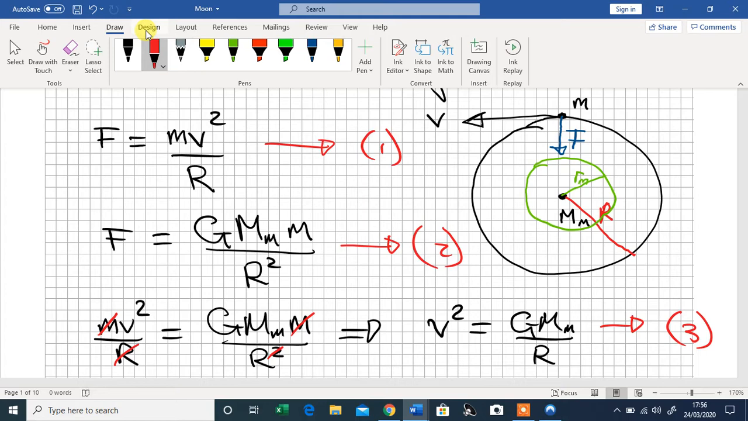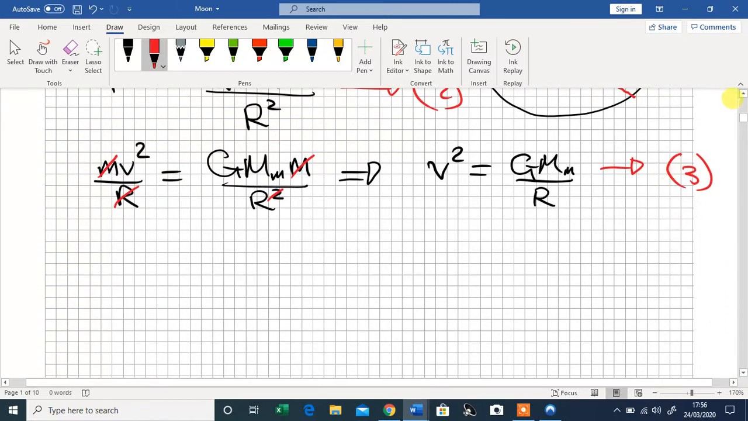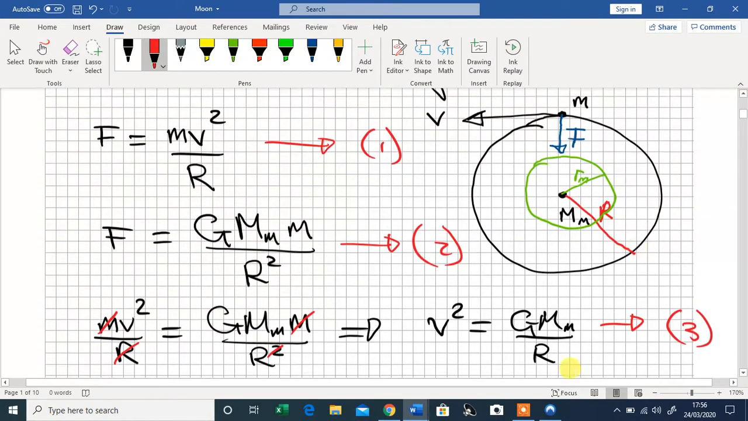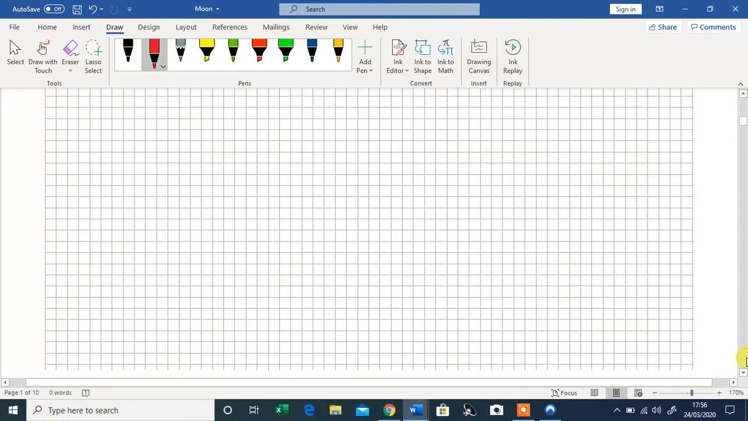Right? So what we need to know now is, well, we don't explicitly know what this v is, this velocity of the satellite, but we can work out an expression for it. If we knew the velocity of the satellite to begin with, given that we know big G and big M sub m, then we could easily work out the radius, but we don't know v. So what we can